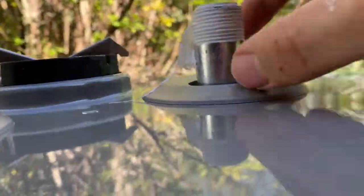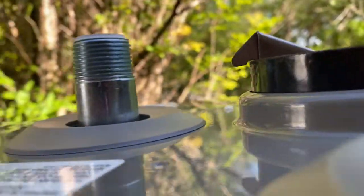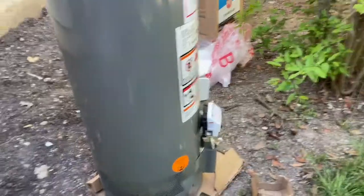So I just did that one. Make sure it's nice and tight. You can do it the other way, but I highly recommend the clockwise motion. Okay, so while this old one is draining, I'm going to hook this up, and you'll notice that there's a hole here that the hose over there,